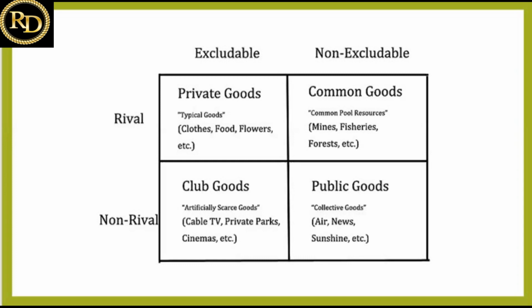But what is the characteristic of the club good? Now you can exclude it. For example, let's take the use of this cell phone. I'm not talking about the cell phone as a whole, but the use. If I want, मैं यहाँ पे अभी download करके Disney Plus Hotstar I can see. Okay, but if I want, I can allow 5 of my friends to see Disney Plus Hotstar with me on